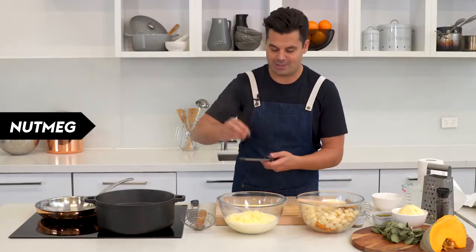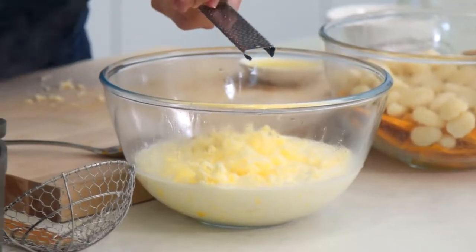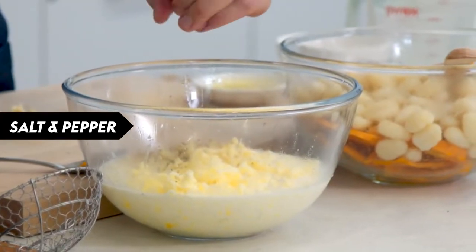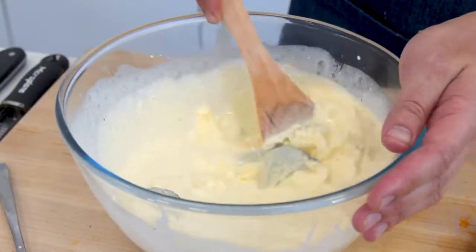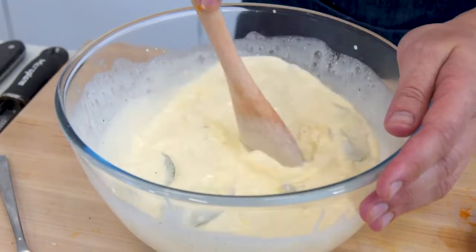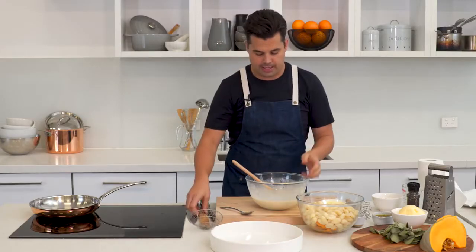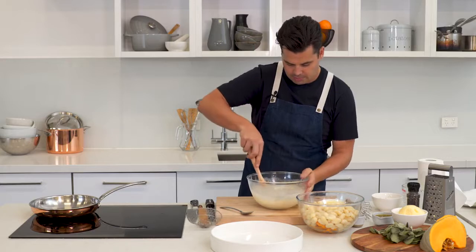And some nutmeg. If you can, use some fresh nutmeg and grate it in. A bit of salt. Pepper. Some of our sage leaves. And just give that a stir before we mix into the rest of our ingredients. You need about a 30 centimeter baking dish for this. And once we just mix all this